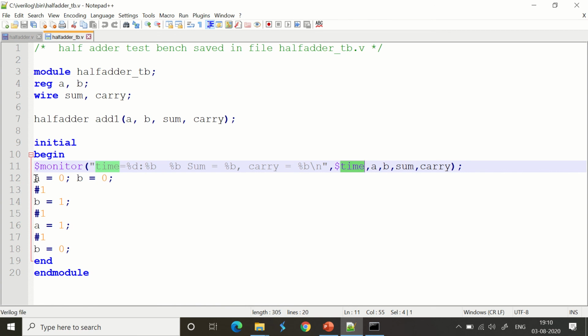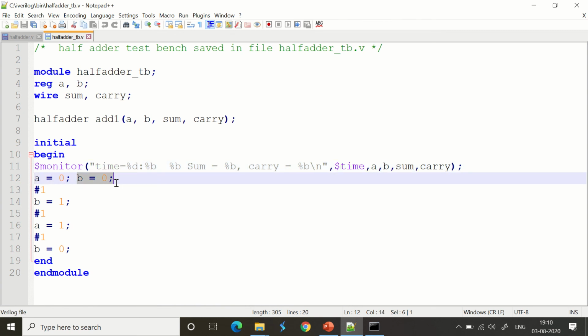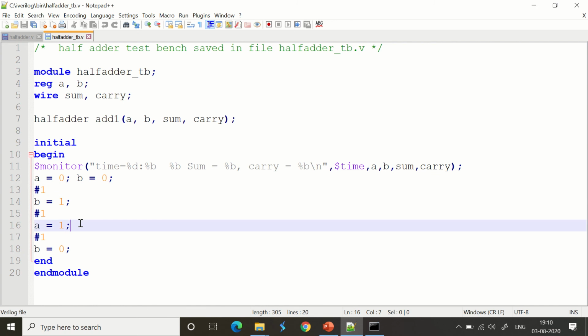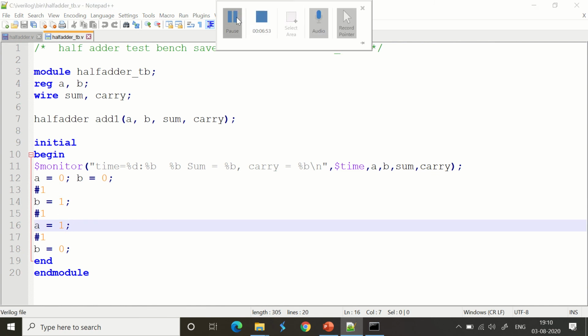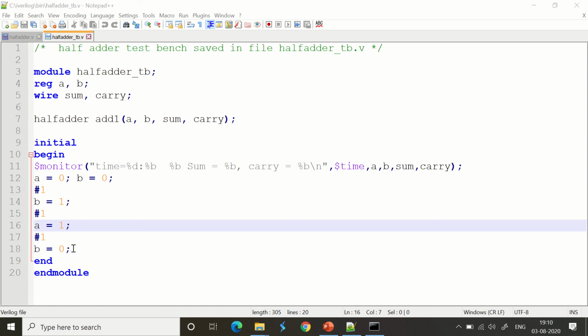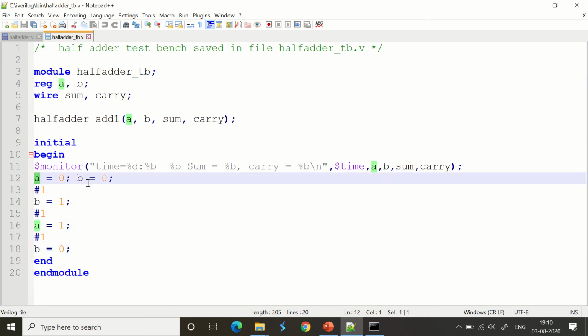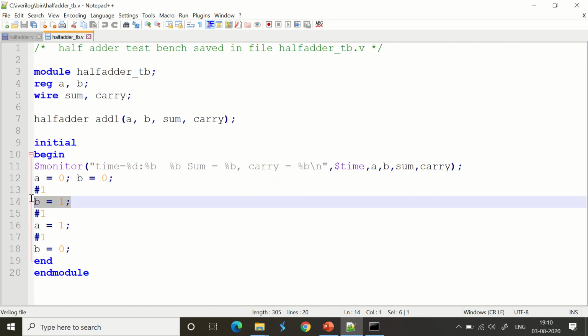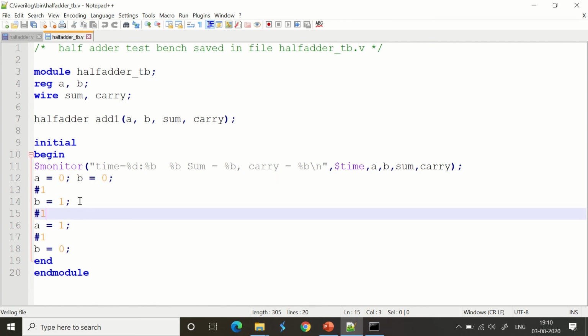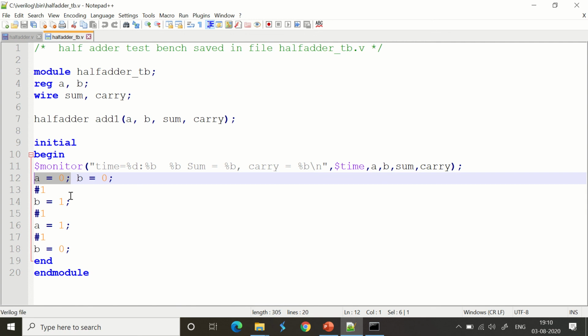The input is going to be first A is 0, B is 0, 1 nanoseconds, and I'm going with B. So you can see that the way we have mentioned it here is slightly different. You can observe that change as well. A is 0, B is 0, we have mentioned this, but next time we have mentioned only B is equal to 1. What do you mean by that? Very simple. I am retaining the value for A as such.